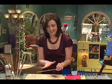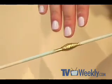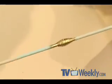Don't you just love this? You can still see the roll of the paper, but the gold is covering the entire surface. It's just beautiful. I'm going to show you how to create a really cool metallic art design on this tube